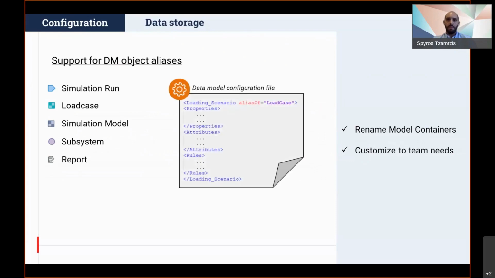Some examples could be a subsystem being aliased to component or module, a simulation model being aliased to model or CAE model, a load case aliased to loading scenario, or for example reports to be aliased to key results. The definition of such aliases takes place directly in the data model configuration file.